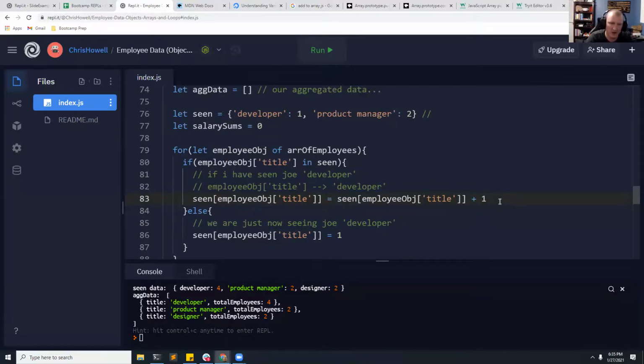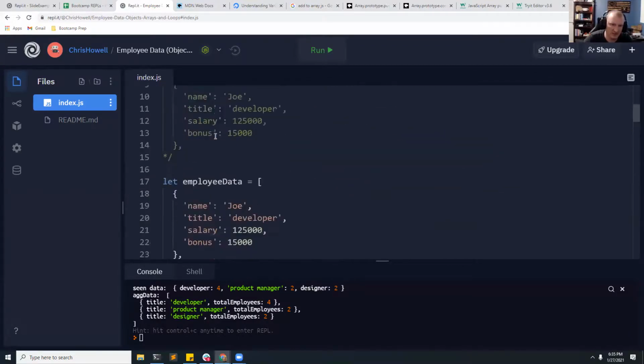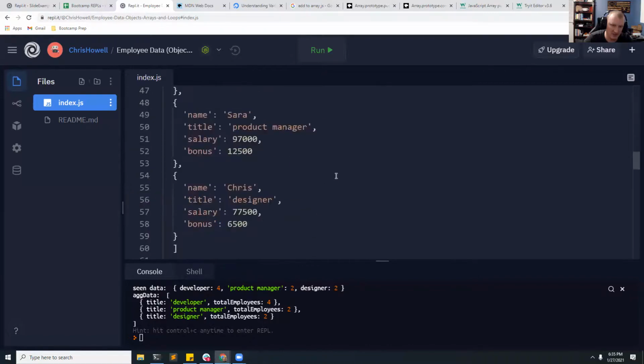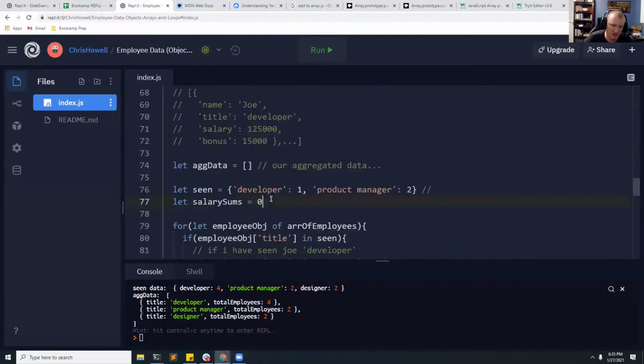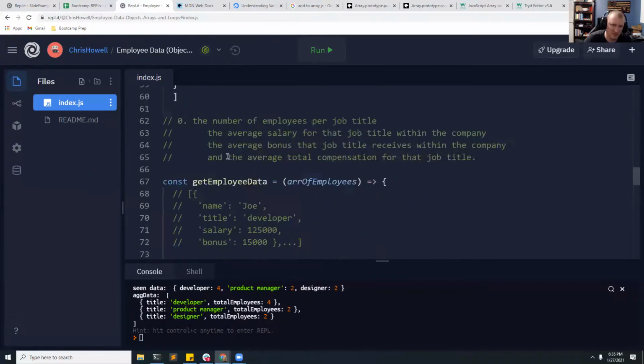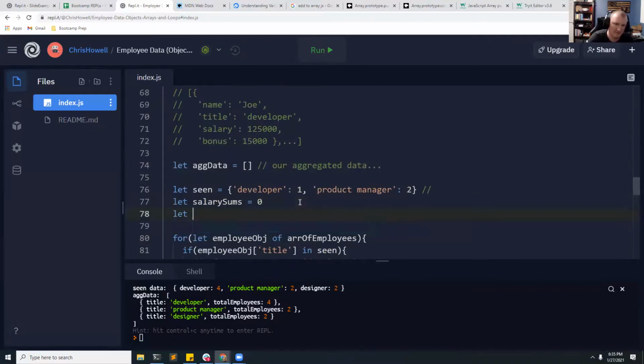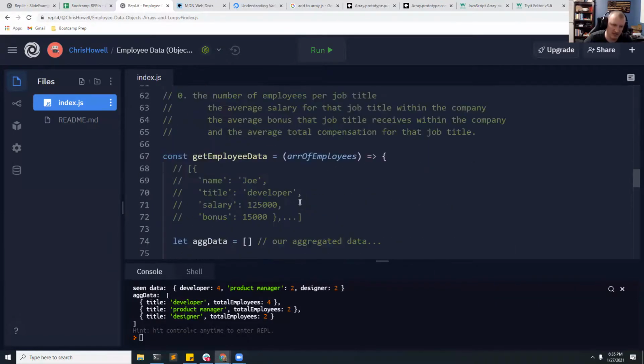So while we're going over every single employee, because I know I'm iterating over every person, I need to grab this salary and sum it up for every single person. And that's just one value. So my salary sums, but I know I'm also going to need bonus, right? So I'm going a long way about this too. So I'm going to need to calculate a salary average, a bonus average,